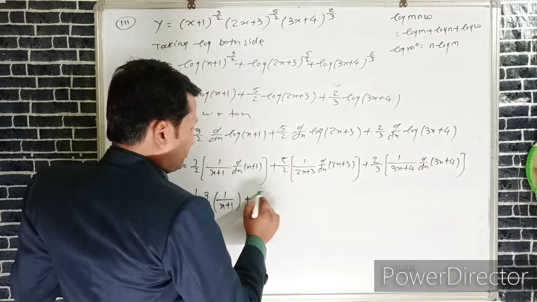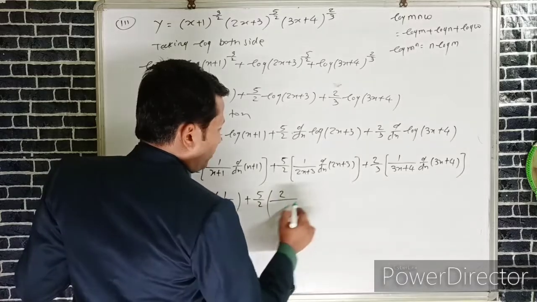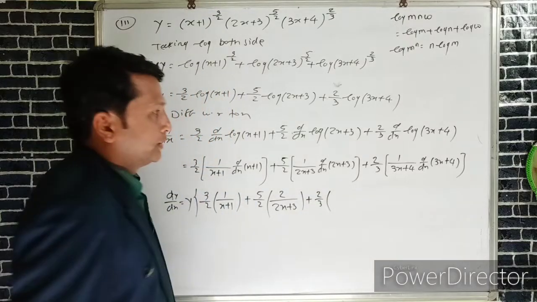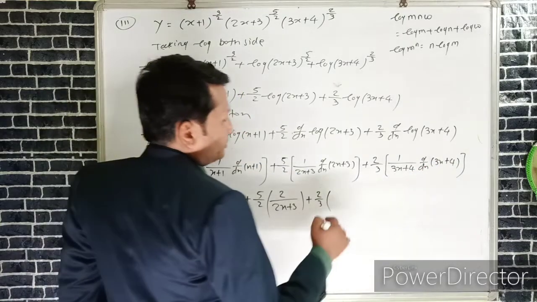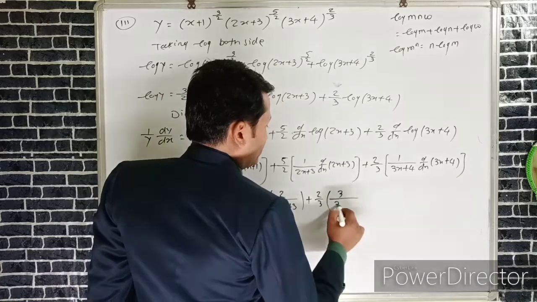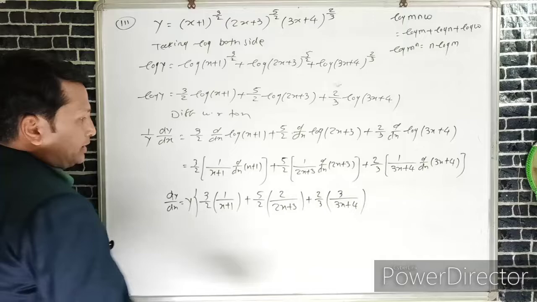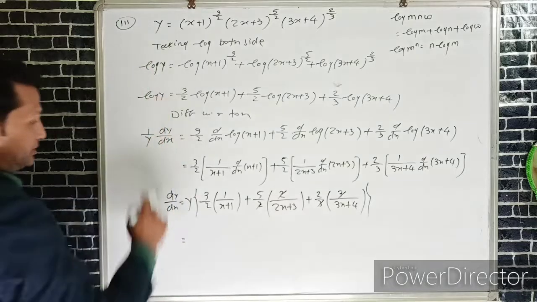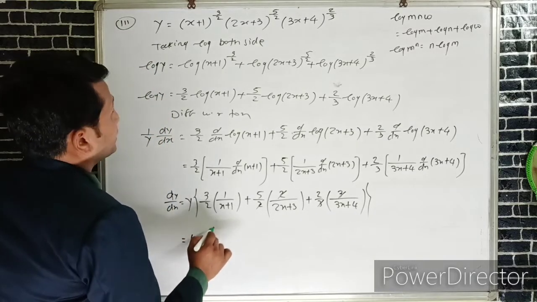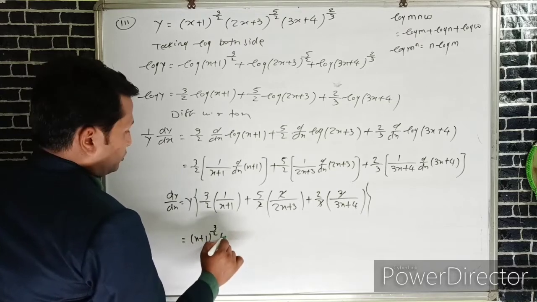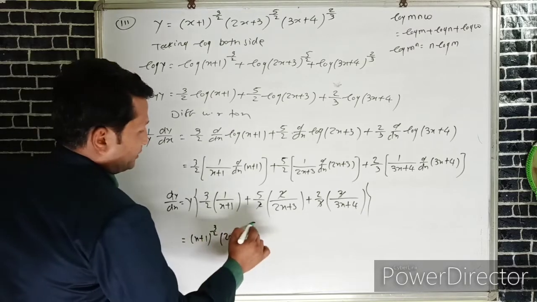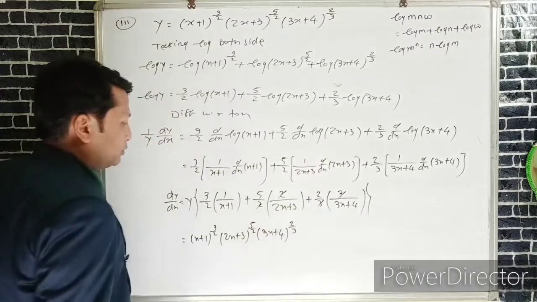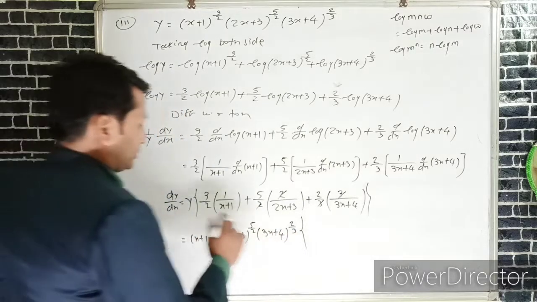Hence we can write 5 by 2 into 2 upon 2x plus 3, plus 2 by 3 into, here the derivative of 3x is 3, 4 is a constant function so 0, 3 plus 0 is 3, hence we can write 3 upon 3x plus 4. Here 2 cancels, here 3 cancels. We can write the value of y' as (x plus 1) raised to the power 3 by 2 into (2x plus 3) raised to the power 5 by 2 into (3x plus 4) raised to the power 3 by 2 into 3 by 2,